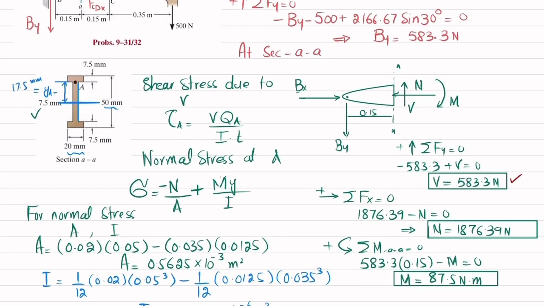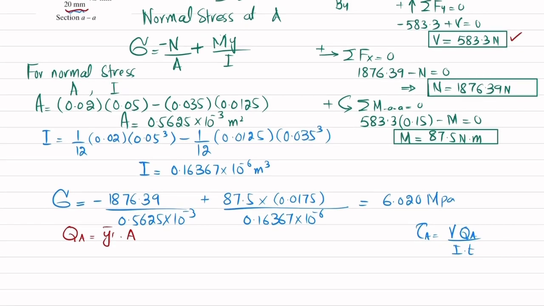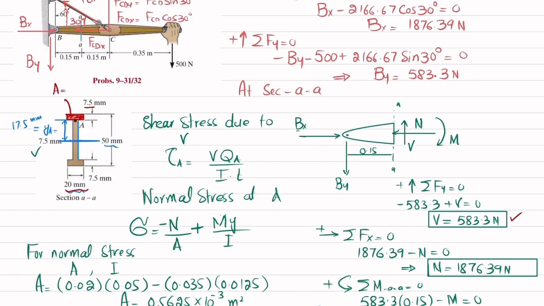So A is this area which is above the point A. This is your A, and this A is 7.5 millimeter thickness and width is 20 millimeter. So I will write the value of A, 7.5, which is 0.0075, clear, into its width, which is 0.02 meter. And what will be the y? So y dash bar is the distance from the neutral axis till the mid of this section, and this distance is y dash bar, and that is